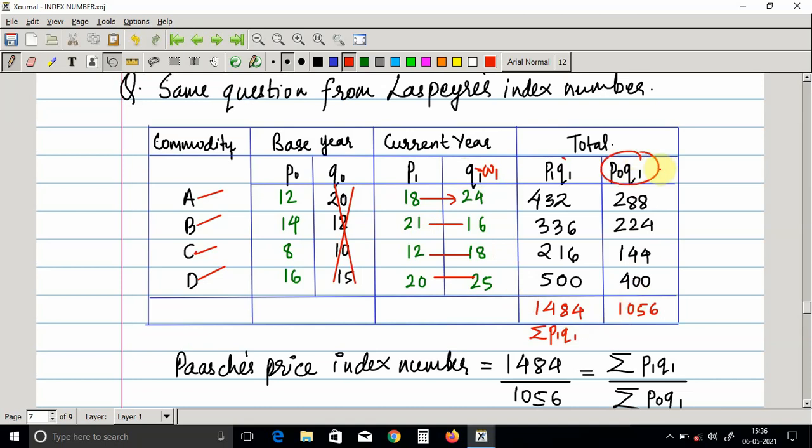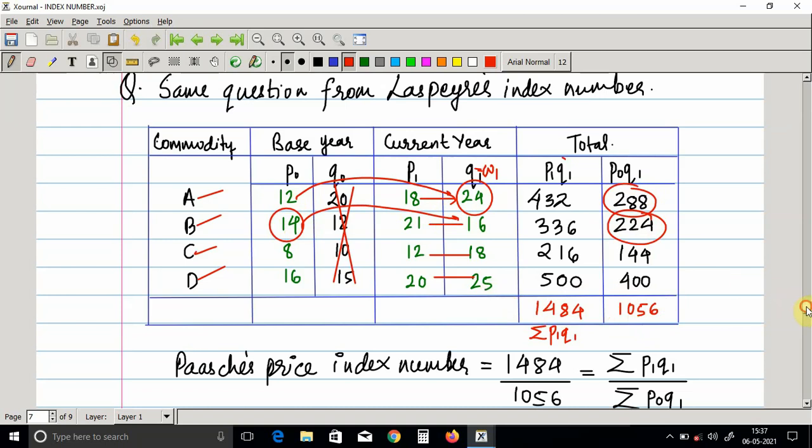And this column is the bill according to the rates of the previous year, but the quantity is the same. You can think of it like this: if I had got the same quantity at last year's rate, how much would the bill have been? So 12 into 24, this much. 14 into 16, this much. So if you had bought the same quantity last year, this bill would have been made, and since you are buying the same quantity today, you will have to pay this bill.